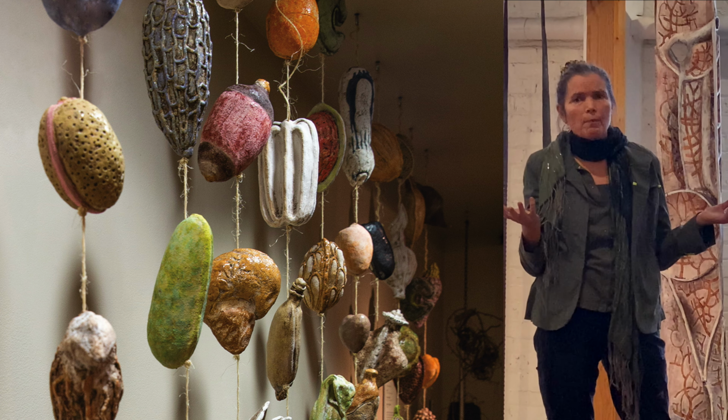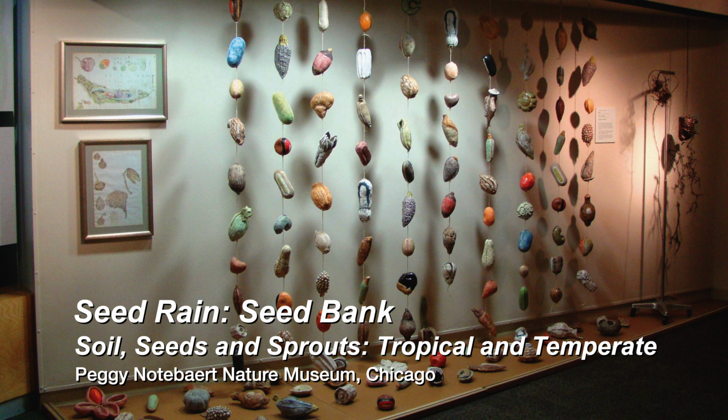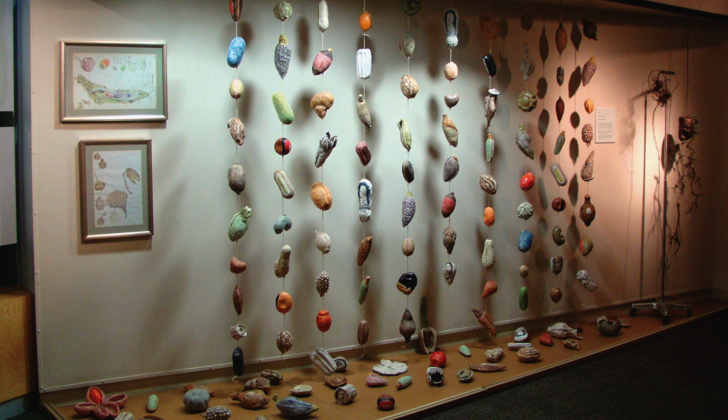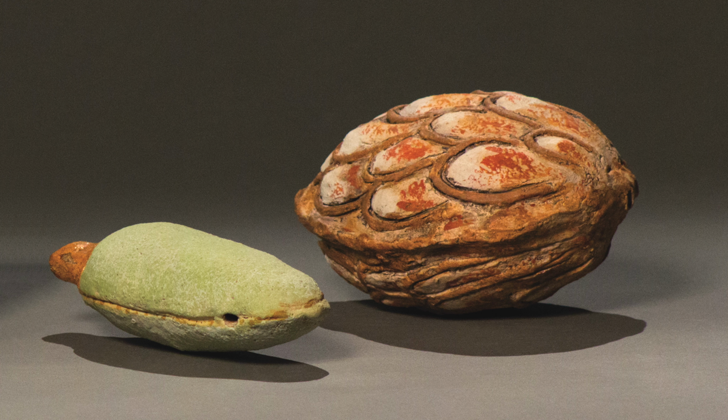I'd never heard that before, but it just somehow struck me. I don't know why, but it's kind of poetic. I mean, whoever thinks about seed rain, like we know it when it's raining water. And then being in the Amazon and seeing all the seeds, and then when I got back from that trip,